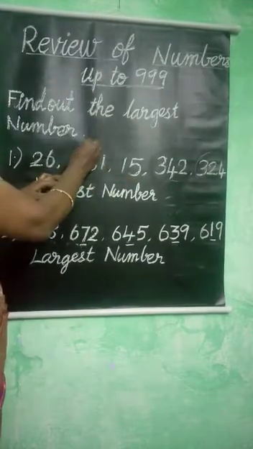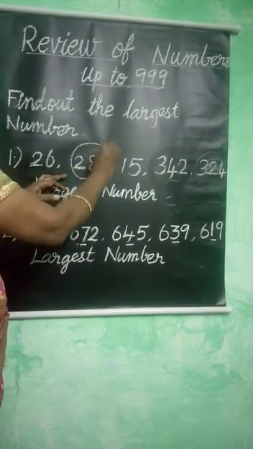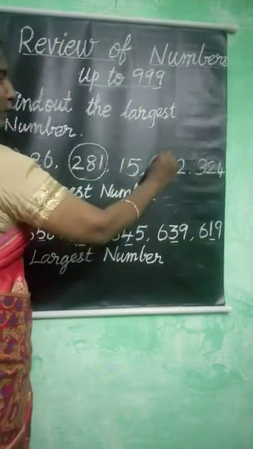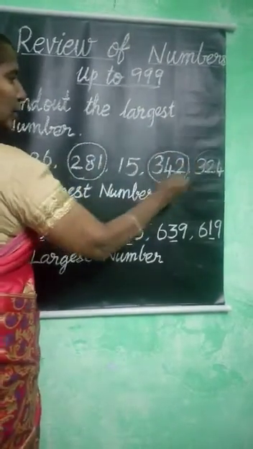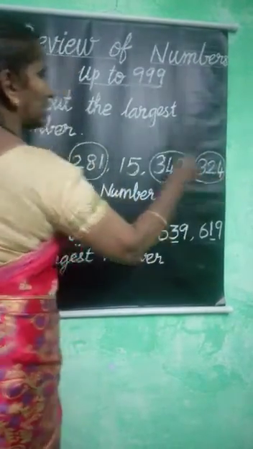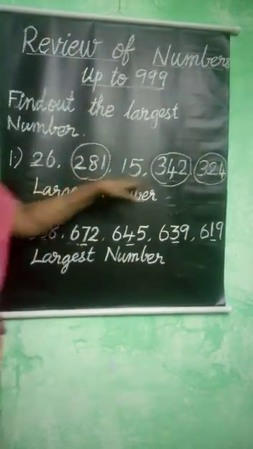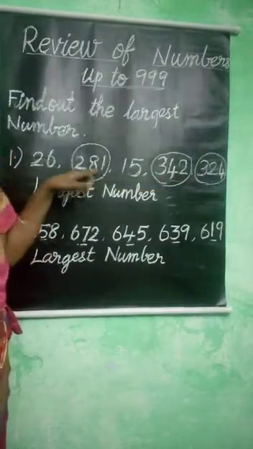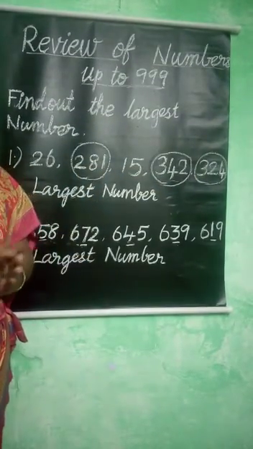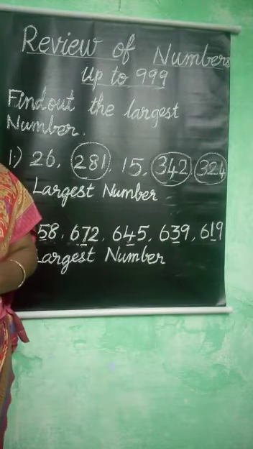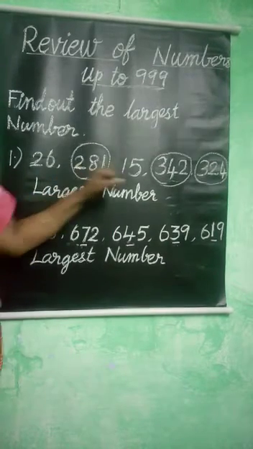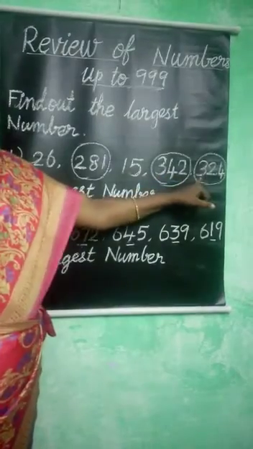We can take the remaining 3 numbers. 281: here 3 digits are present. 342: here also 3 digits are present. 324: here also 3 digits are present. Look at all the 3 numbers. In all the 3 numbers, the number of digits are equal. If the number of digits are equal, then we have to check the 100 place to find out the largest